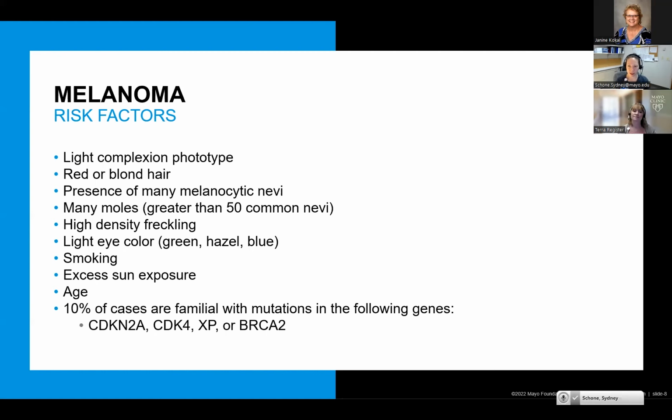A 2017 meta-analysis looking at over 20,000 melanomas found that about 30% were related to existing moles and about 70% were related to a new mole that had been seen. Melanomas that start on the palms of your hands, the soles of your feet, or under the nails are called lentiginous melanoma. Melanomas that start on the internal surfaces, such as the mouth or the vagina, are called mucosal melanoma, where there's been little or no sun exposure.